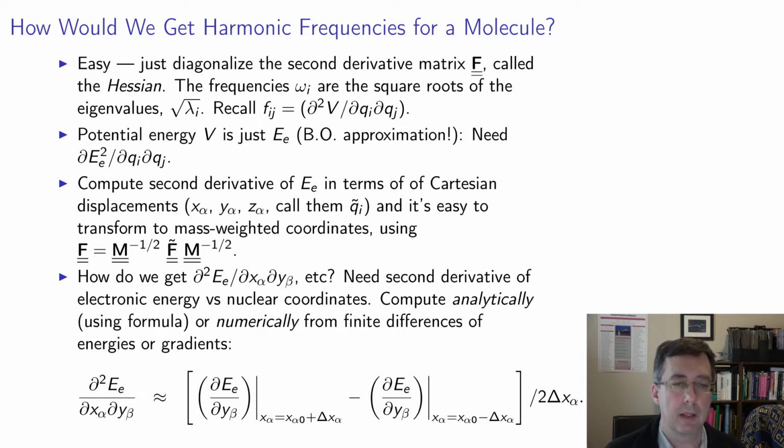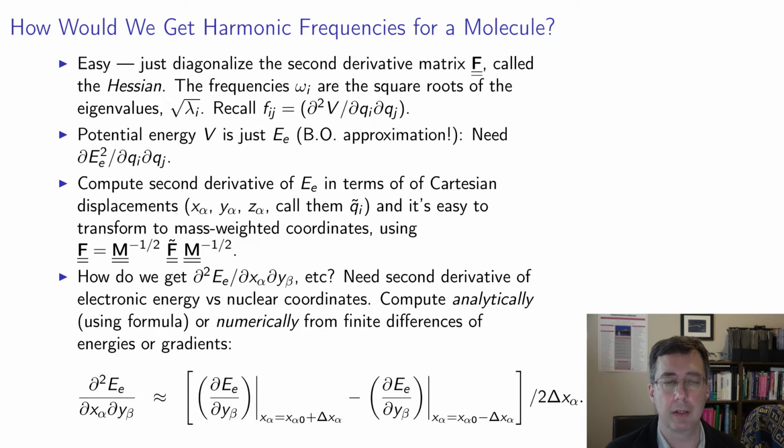So to get the second derivative of that potential that I need for the force constant matrix, or the Hessian matrix, I compute the second derivative of the electronic energy with respect to these mass-weighted coordinates. How do I do that? Well, normally what I will do for simplicity is compute the second derivative of the electronic energy with respect to Cartesian displacements, and then I transform from the Cartesian displacement set of coordinates to these mass-weighted coordinates by doing a